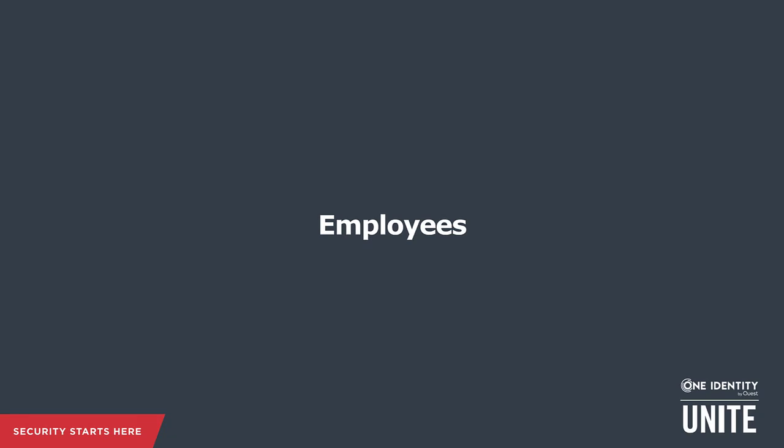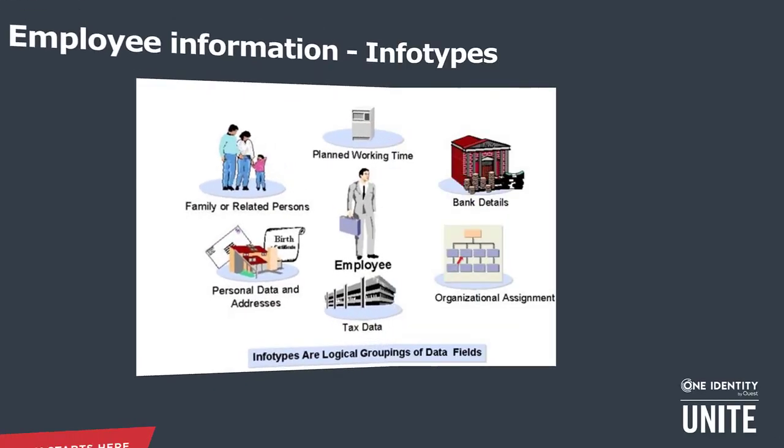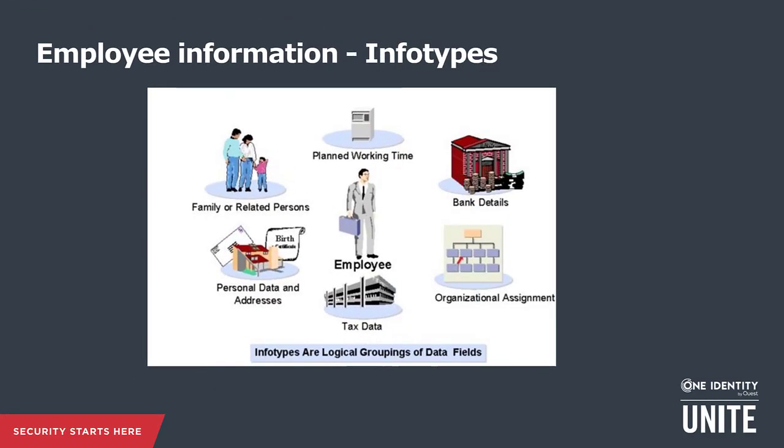Now that we looked into the organizational units data model, let's look into the person or employee representation in SAP HCM. SAP's data model for employees is comprised of the main employee record, which contains basic employee information, and additional records in so-called info types. For example, an employee's personal data and address information are stored in a different info type, or his bank details are stored in a separate info type. This provides great flexibility to the system and auditing historization capabilities.